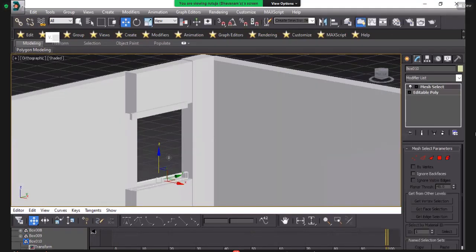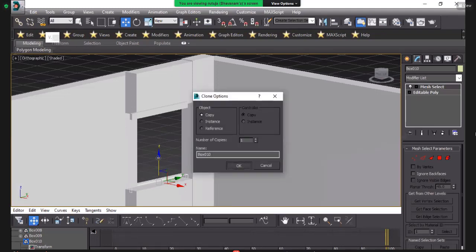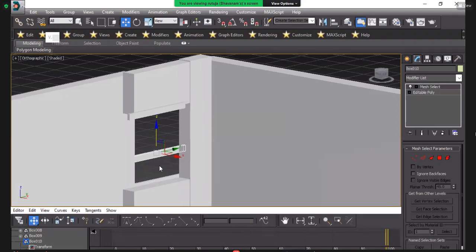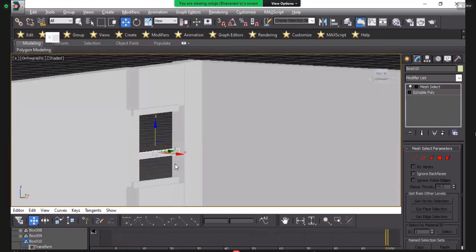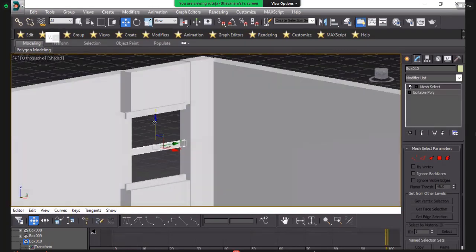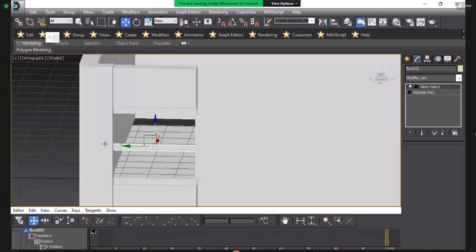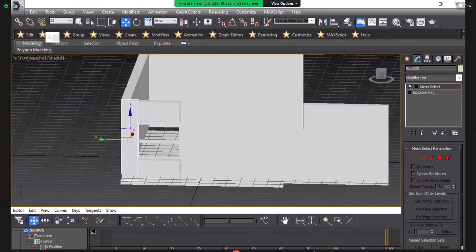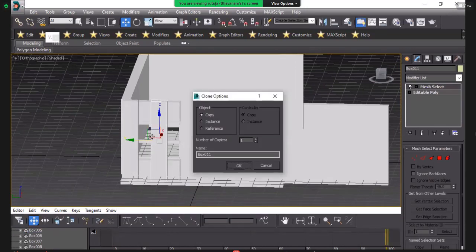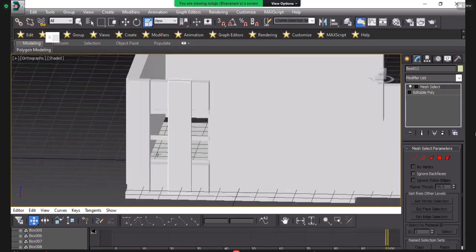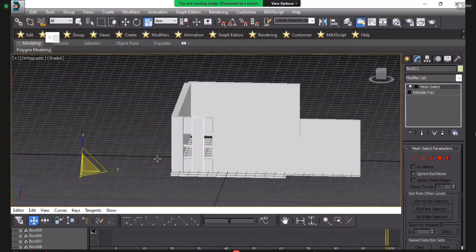Once again, shift, and I will copy this side also for reference purposes. I will reduce the thickness and move it to our place.